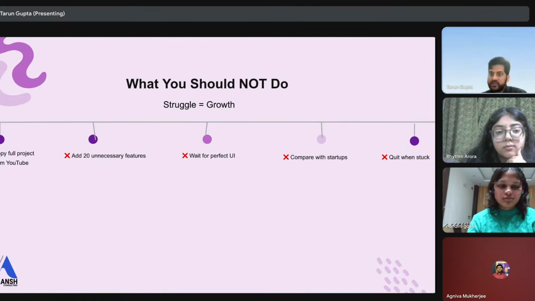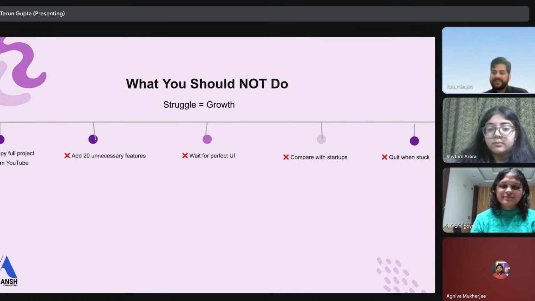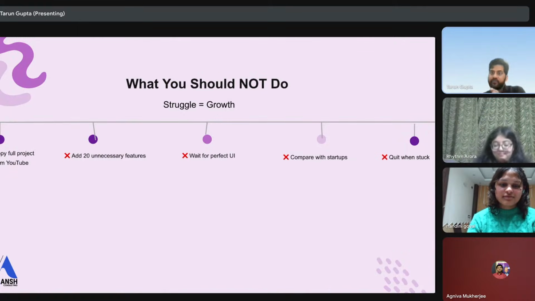Second, don't add 20 unnecessary features. अब इतना नहीं कि यार मुझे ये भी ऐड कर दूं, ये भी ऐड करूं, ये भी ऐड कर दूं, नहीं। WhatsApp, Facebook, Instagram पहले अलग थे, उसने अब एक साथ ऐड किया है, एक ही कंपनी होने के बाद, पर वो फीचर अलग अलग हैं, सब में अलग अलग चीजें हैं। पर आप यहाँ पे MVP में करोगे तो